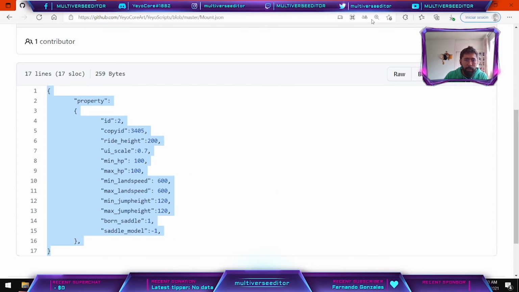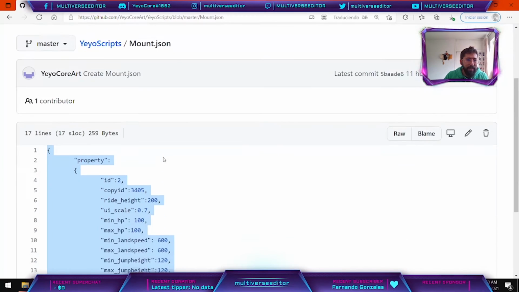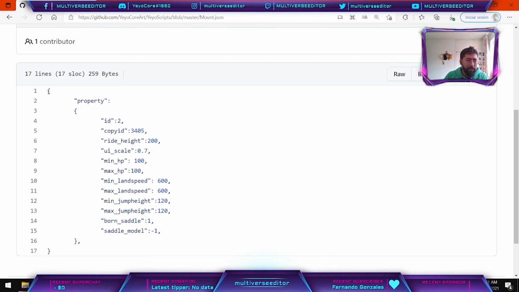Be sure once more that this is not translated. Remember that sometimes it can happen that this is translated to another language and it's going to give you errors, okay? So just be sure here in the web browser, you always have to show the original text, okay? Just do a double check before copying your script, because you can get a lot of errors from there. Just copy that,